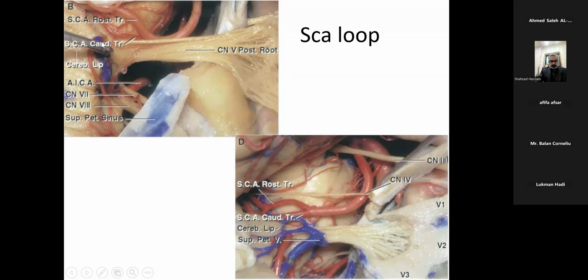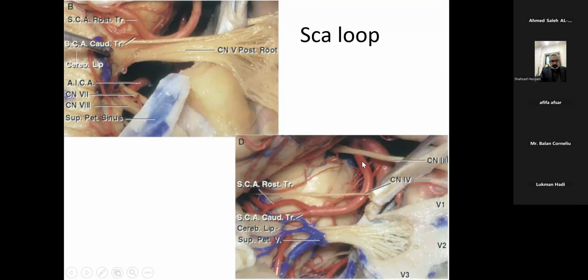Again, we can see that the lip of the cerebellum has been retracted in order to appreciate the root entry zone and the origin of the fifth cranial nerve. This is the AICA, which is a branch of the vertebral, and it lies again in close proximity to the seventh, eighth nerve complex. It tends to travel in between sometimes and sometimes inferiorly, and then takes the rostral turn. Then we can appreciate the superior petrosal sinus, where the dura has been exposed in order to make the relations clear.